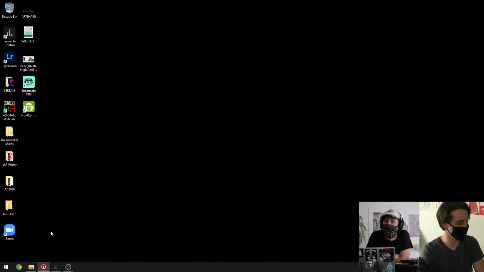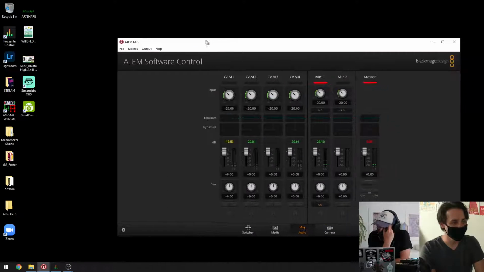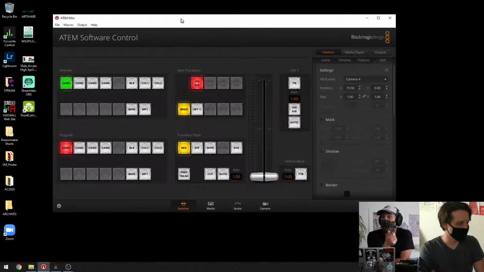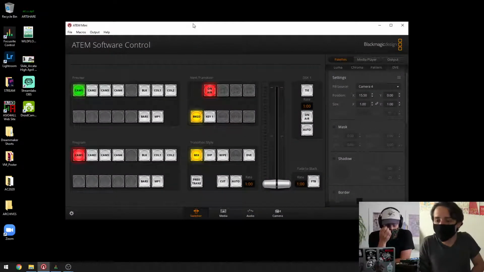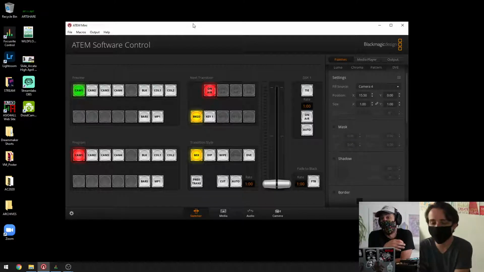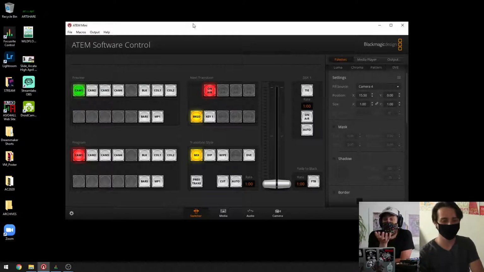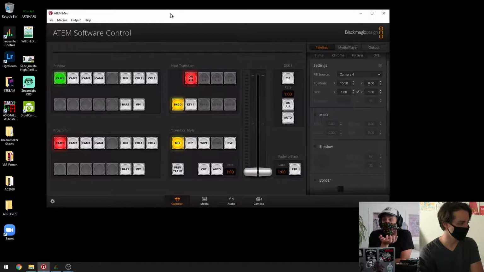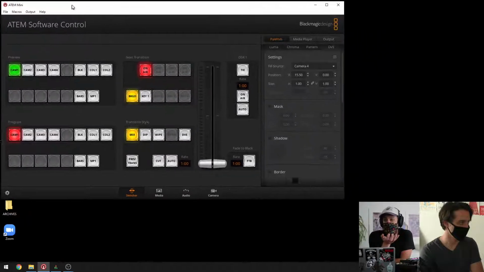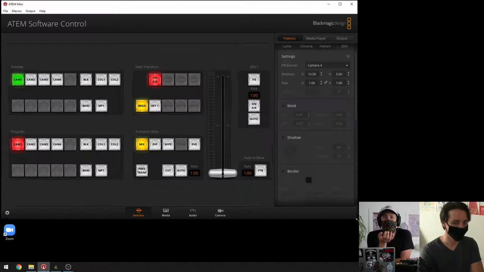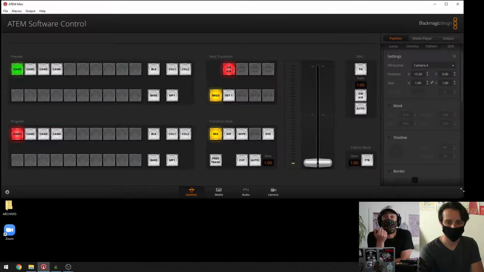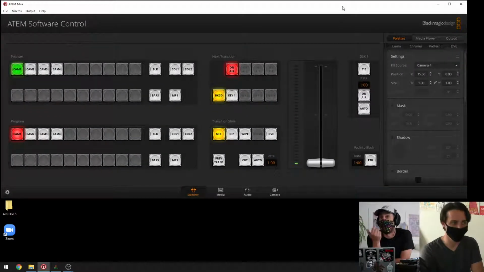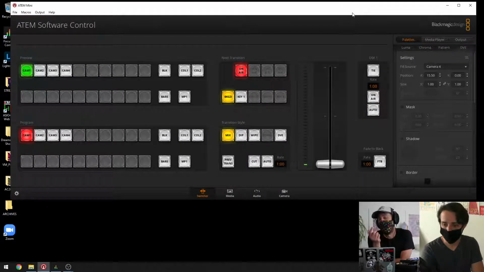So let's start with the ATEM controller. We're working our way backwards from our destination, which is OBS. The ATEM is bringing together all of our input sources into OBS, so OBS sees everything as just one input. Like one video input and one stereo audio input. And so the actual mixing of those signals,